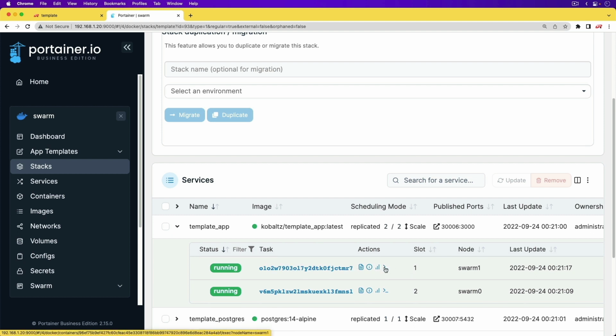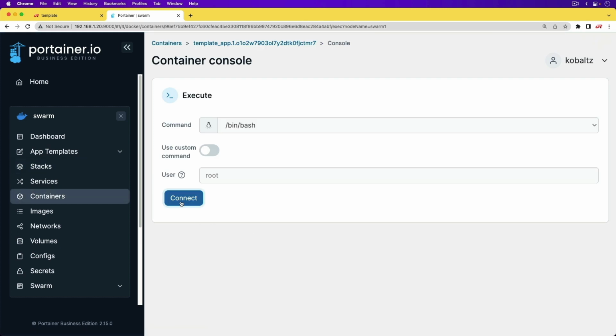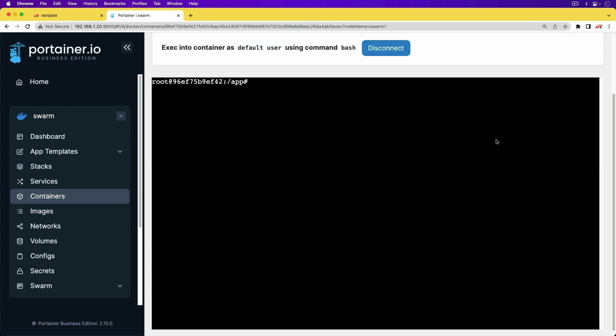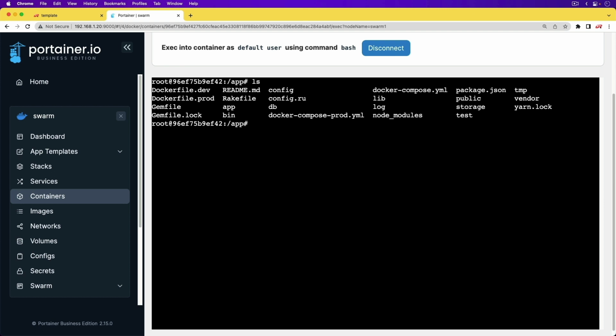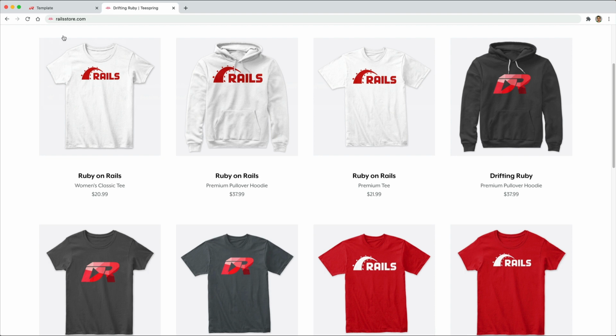So I'm just going to basically SSH into one of my running containers, and now I'm at the shell. I'm at my project directory, and because this application has access,